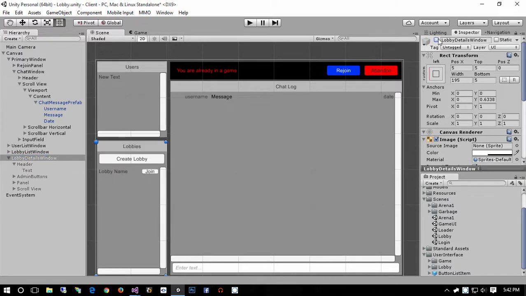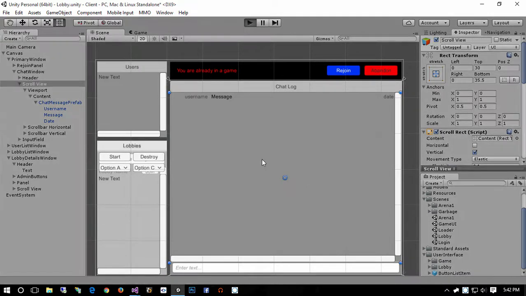I can show or hide these depending on which one I'm working on at the time, and the system itself will automatically show and hide the correct one. So I can leave this in whatever state I want, and the system, when it connects to the server, will show and hide and move around things that it needs to. So now if I hit play,